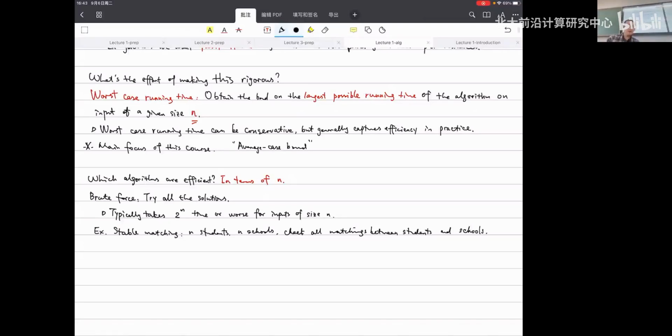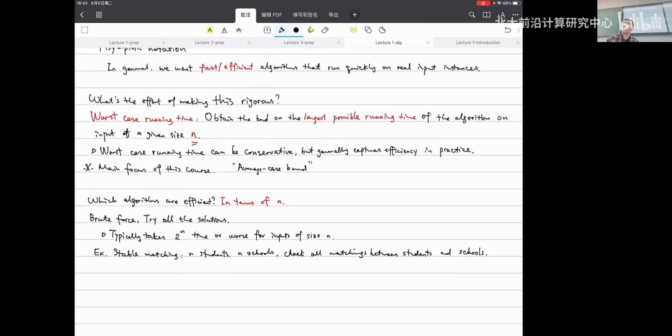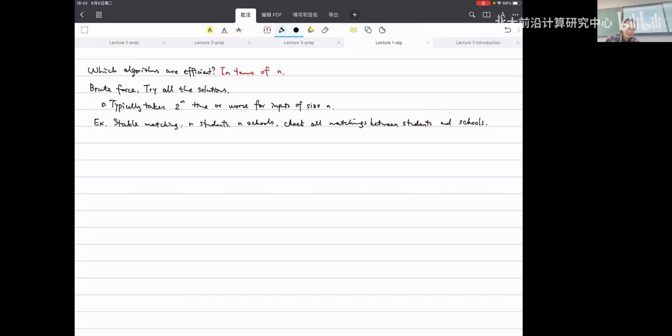One good thing about the Gale-Shapley algorithm is that after we know that this algorithm succeeds, it proves that there always exists at least one stable matching. So keep this in mind. Given that you know there always exists such a stable matching, you can brute-force check all the possible matchings. But the number of matchings is n factorial. So how large is n factorial? n factorial, if you're not familiar, is just n times n minus 1 times n minus 2, etc.